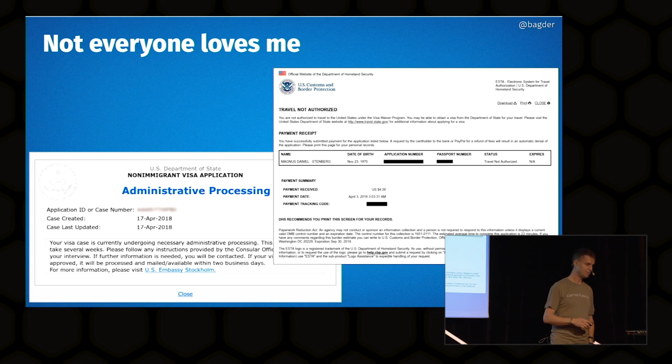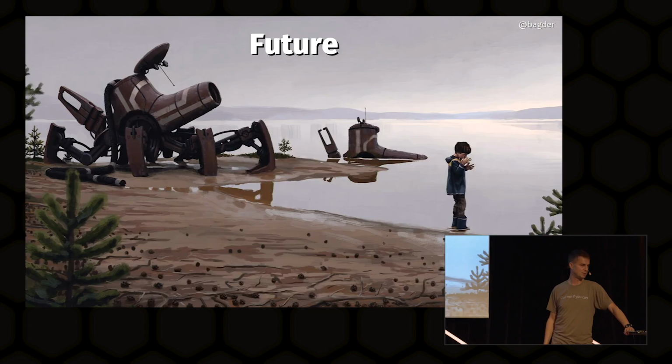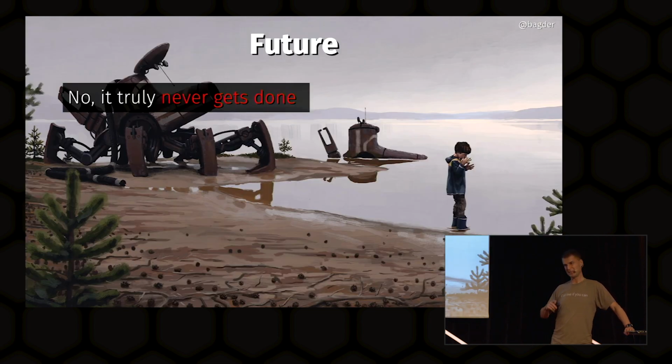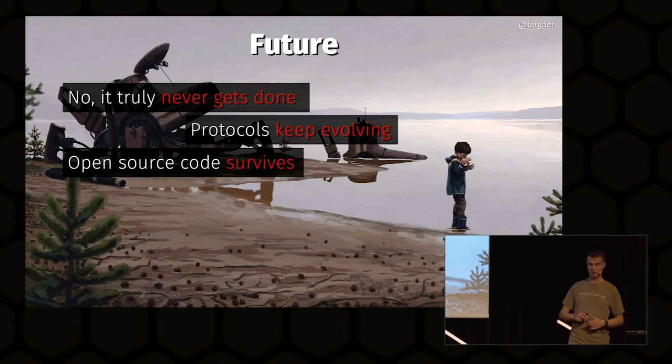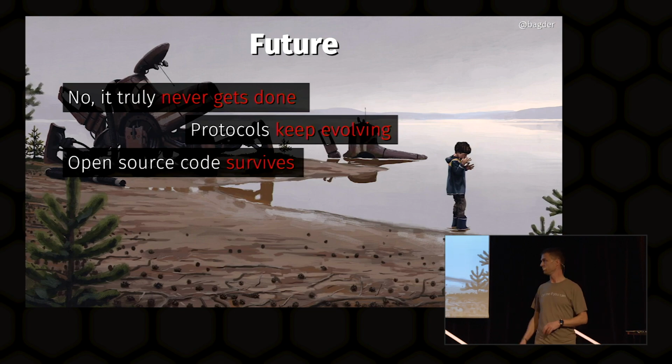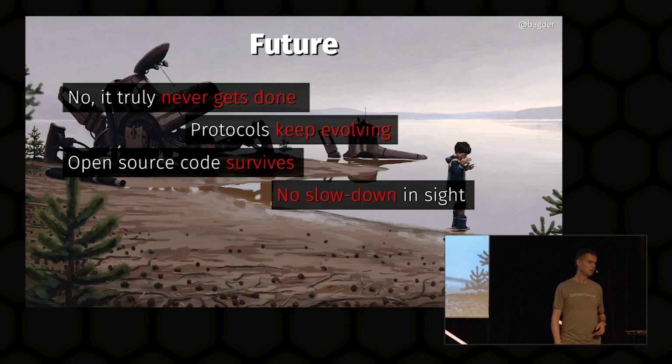So, okay. Going forward, of course, curl shipped 1998, 2019 now. It's going to be 22 years in the spring, but it doesn't stop here. It keeps on going. The rate is still fairly high, possibly higher than ever. More users than ever, more contributors than ever, more developers than ever, and it is open source. Everything is there. Everything is documented. If I get run over by a bus tomorrow, we can still continue. It's not my baby in that regard. There's no slowdown going forward.